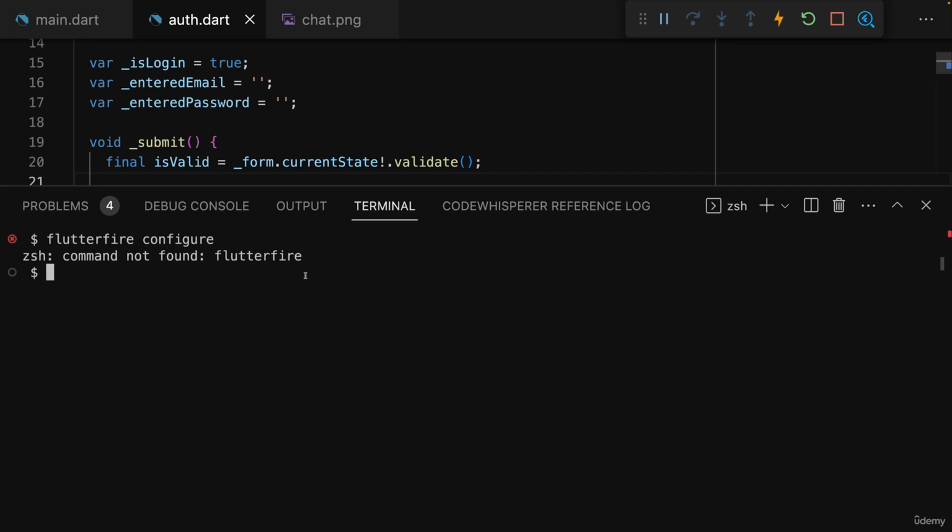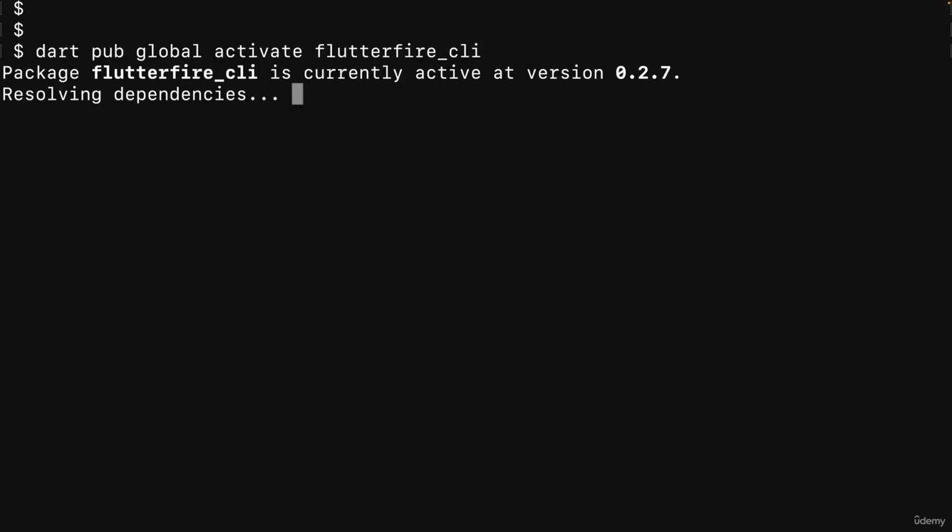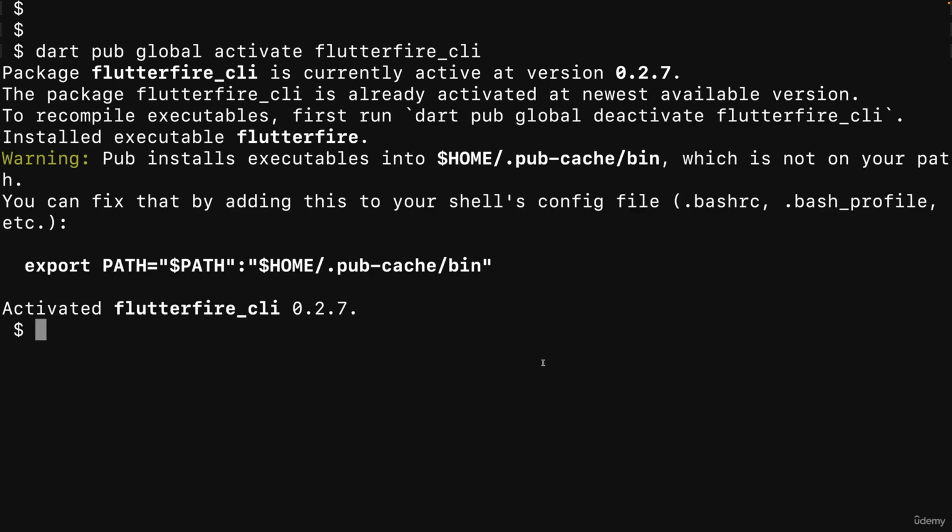Now, if you're getting an error that in the end tells you that the flutterfire command wasn't found, you might want to run that command that in the end installed the FlutterFire CLI again, because in there you should then see a warning that in the end tells you that right now you might have an issue with your path setup, hence basically leading to the flutterfire command not being available. And it should also show you a fix for that, so that for example here on my system, which is